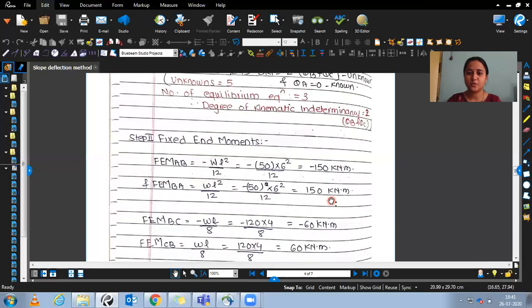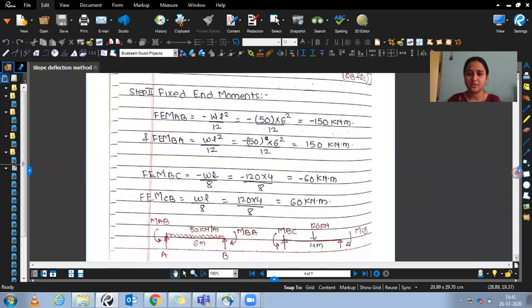Now the next step is finding the slope deflection equation and the fixed end moments. As we know, there is a table I will give you for finding the fixed end moments. Just consider the diagram provided here. This is AB, and we are going to fix that support, treating it as simply supported. We are using the formulas for the fixed end moments for a member loaded with UDL.